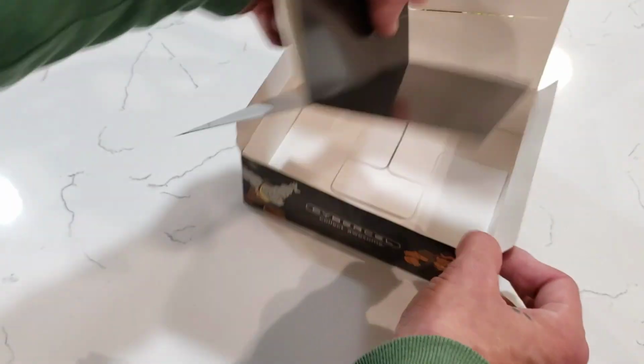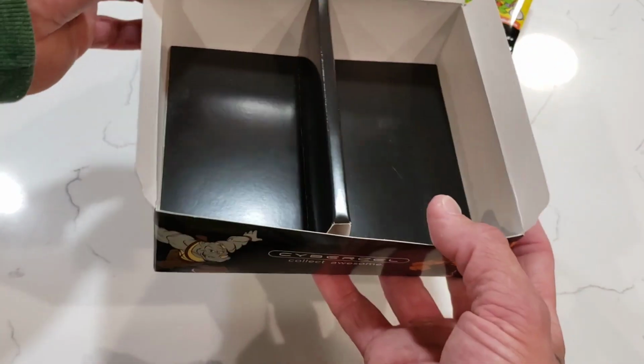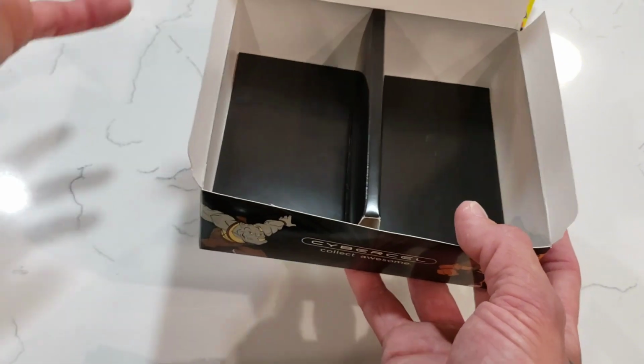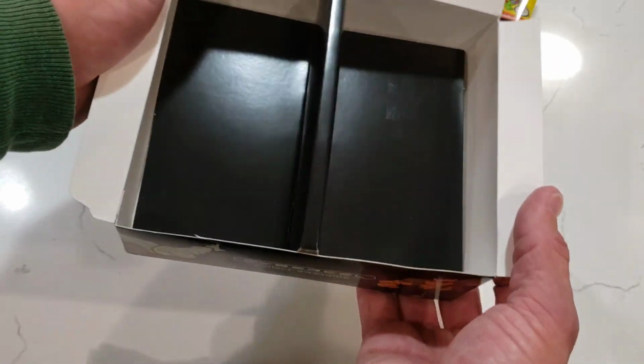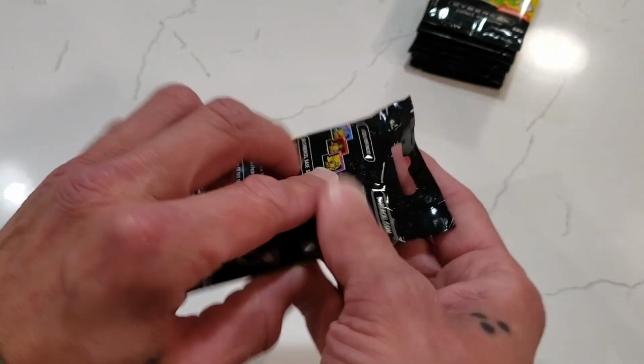So I actually like this. I wish Magic the Gathering would take note of this, as well as Upper Deck, and now the new licensee holder, which is Topps, which we have not seen any product from in the US. Thank you, Topps. And without further ado,